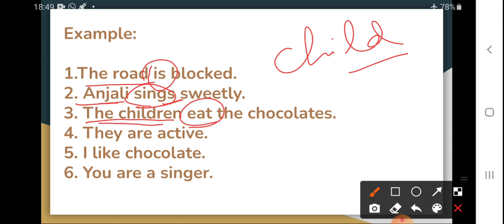Without an s or es, we have provided the verb eat. The children eat. Eats नहीं होगा. They, again more than one, plural verb. Plural subject, plural verb. I is singular, but we provide plural verb. We consider it plural because this is the third person. ये आगे I will explain further in this video only. You is also plural, so provided plural verb. About I and you, I will explain you further.